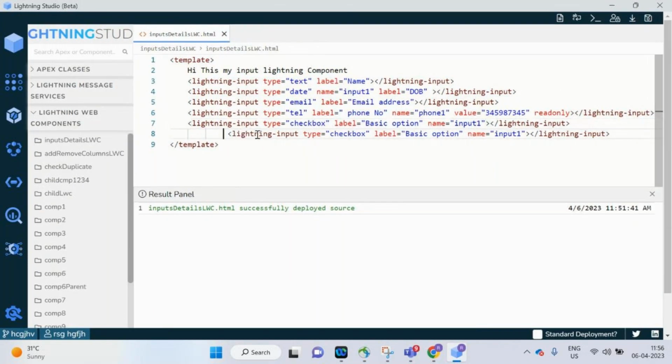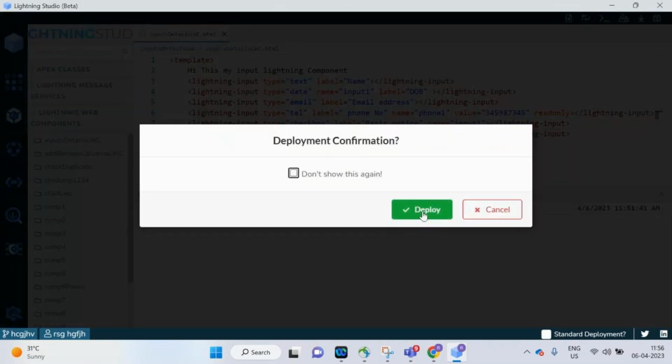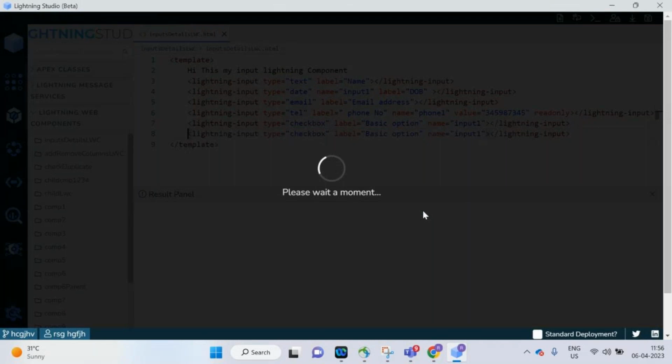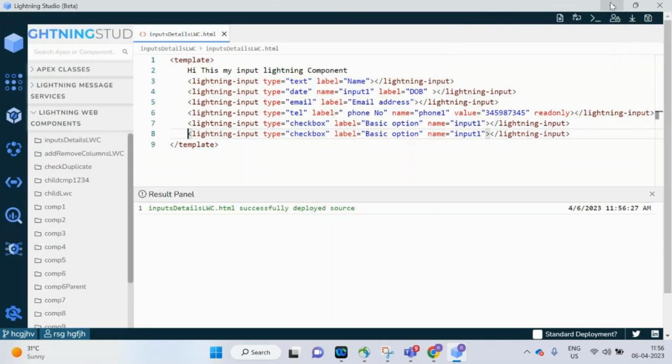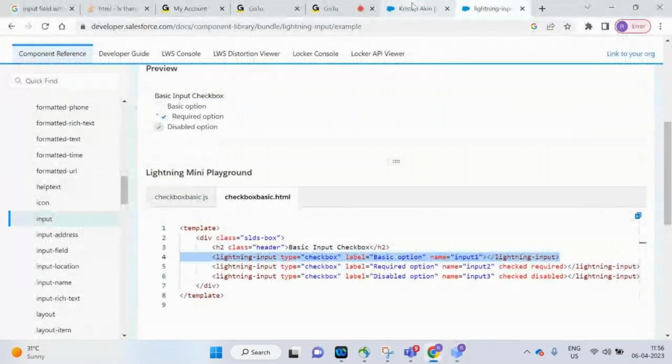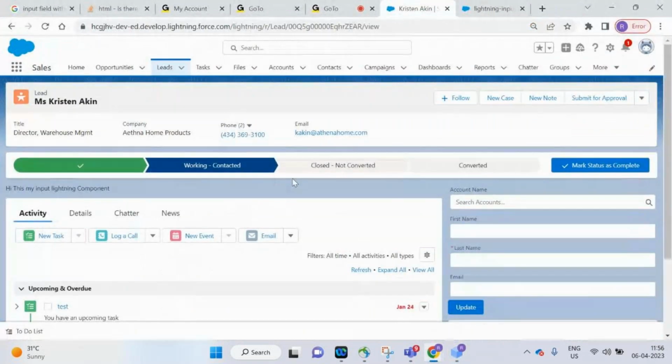So yeah, I have just copied and pasted here. Now you can see these all are the inputs here. Once I click on Control S, again it will ask for the deploy option. Of course, let's go and deploy it. Once it is successfully deployed, it means it is transferred to our org. I can go there, refresh the page now, and see what input fields are available